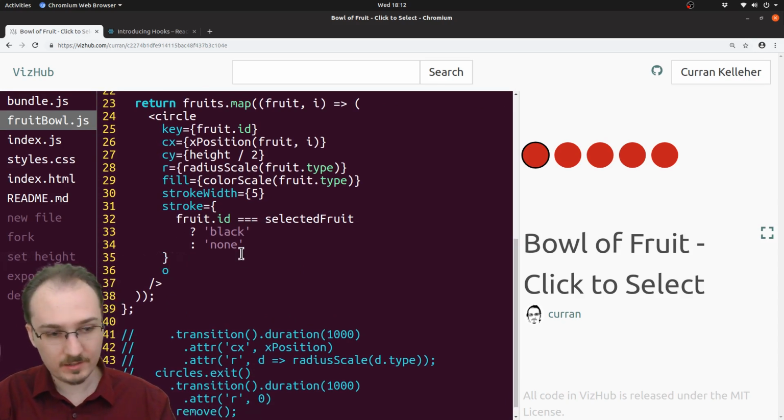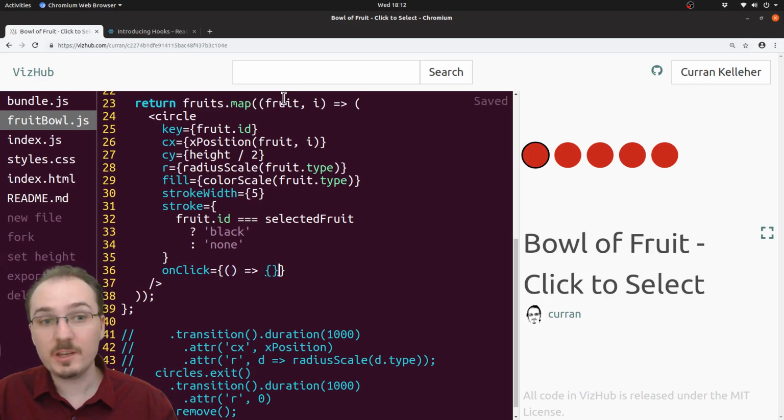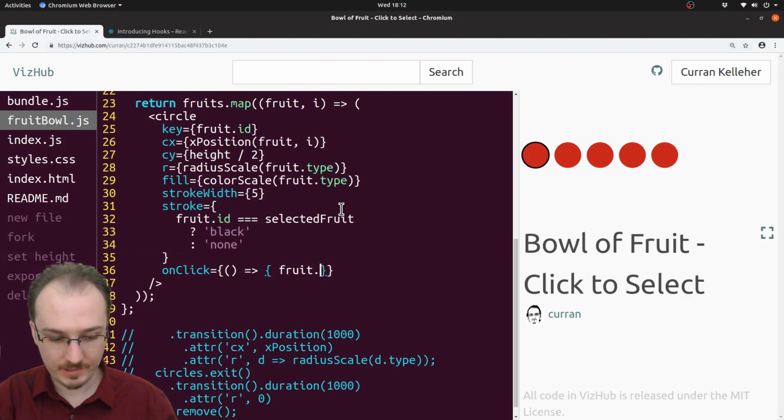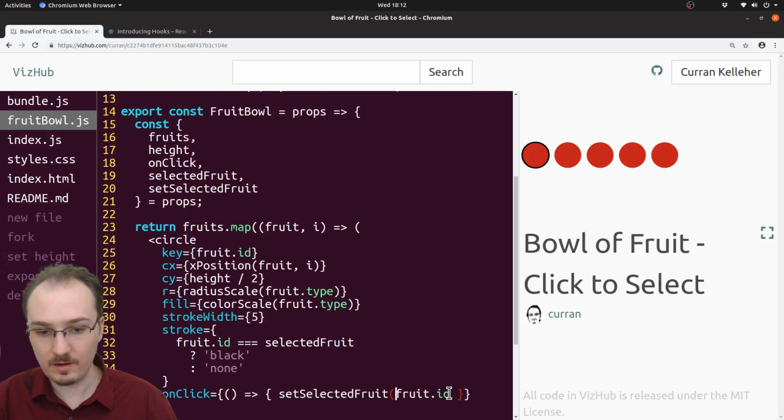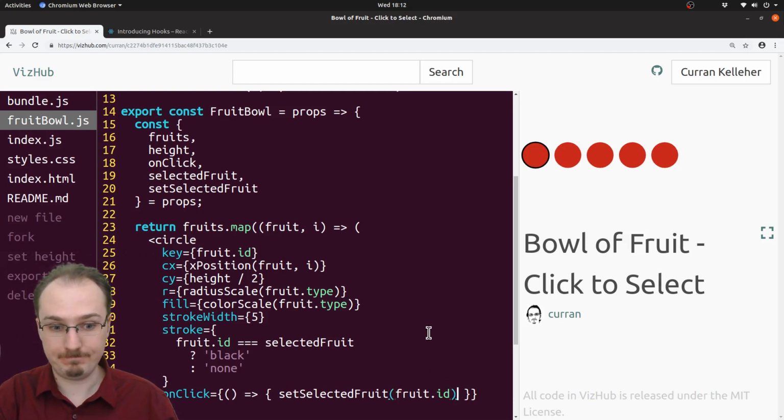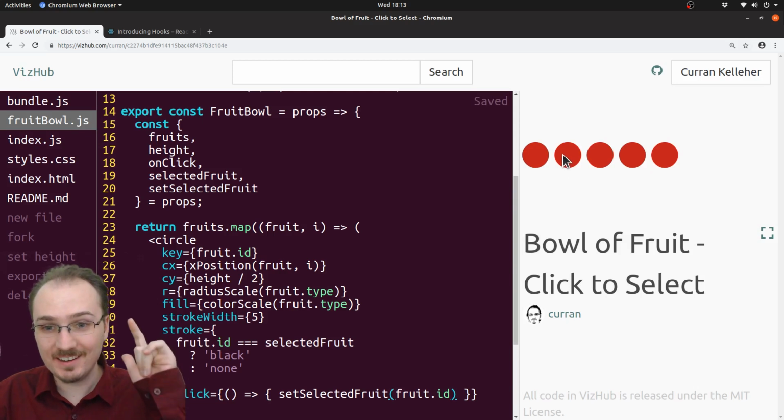We could say on-click equals, this can be a function that doesn't need to take anything as input because we already have the current fruit in scope in this closure that we're inside of our call to .map. So in the body of this function, we can use fruit.id, and we can pass that in to set selected fruit. So we just set selected fruit and pass in fruit.id. The moment of truth, if I click,